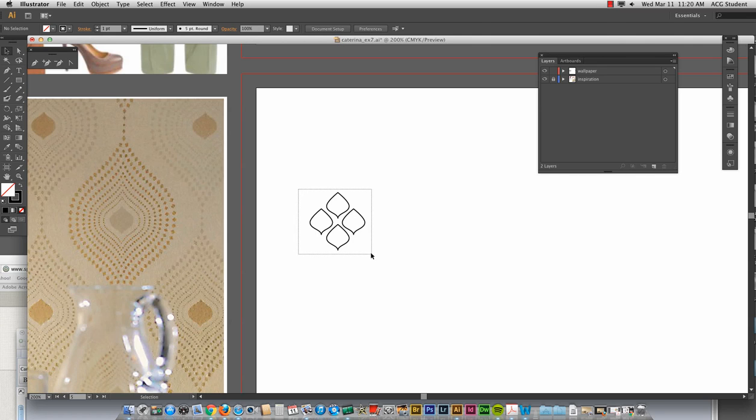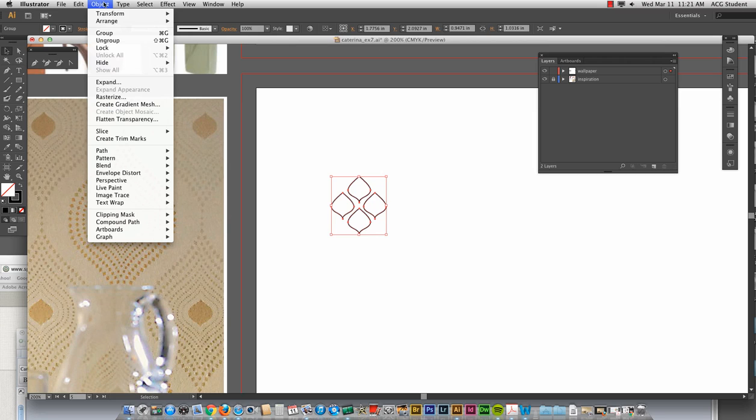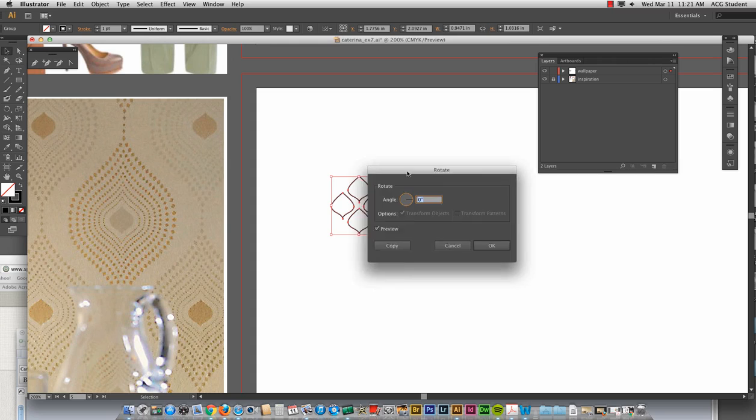Now if I want to work with these four shapes as one, and I don't want one of them to go wonky, I can go to Object, Group. Now when I go to select one, it's going to bring all of them with me, which is cool. So I'm going to select it, go to Object, Transform, Rotate.